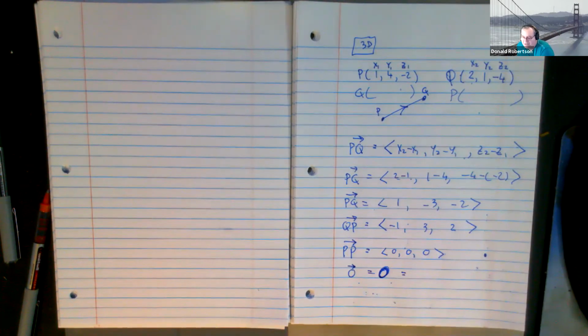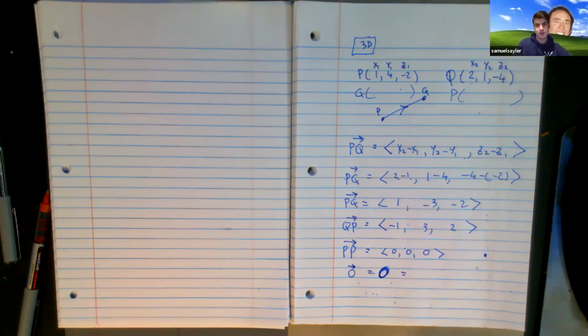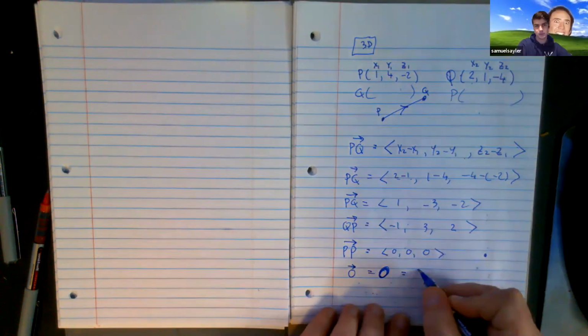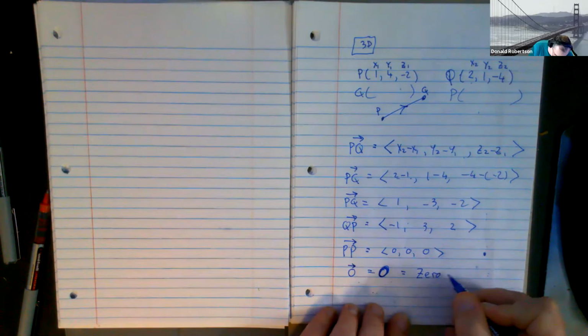I hope I haven't mentioned the name because I've kind of given away the plot here. What name would you give this vector if you were the guy in charge of naming this vector, and you had no imagination? 0 vector. And guess what? It is called the 0 vector.